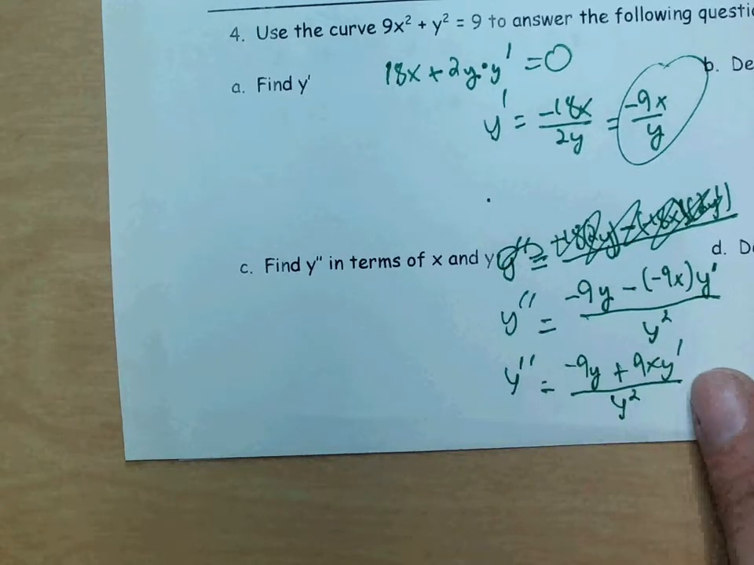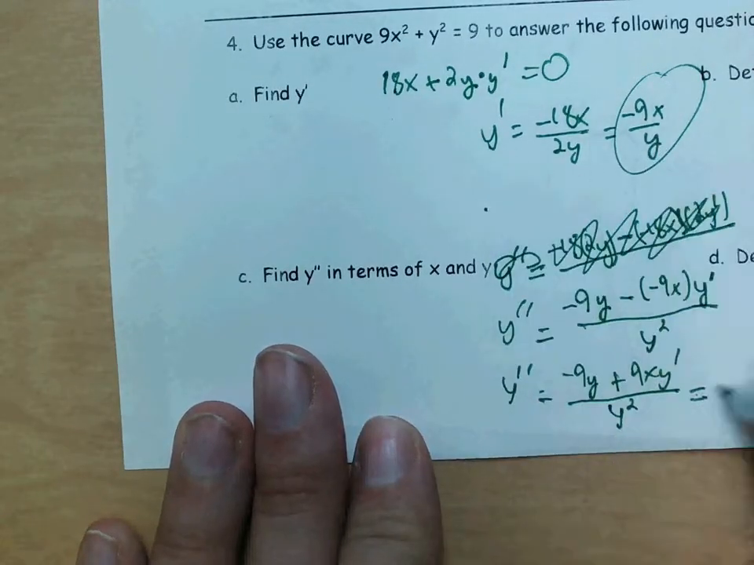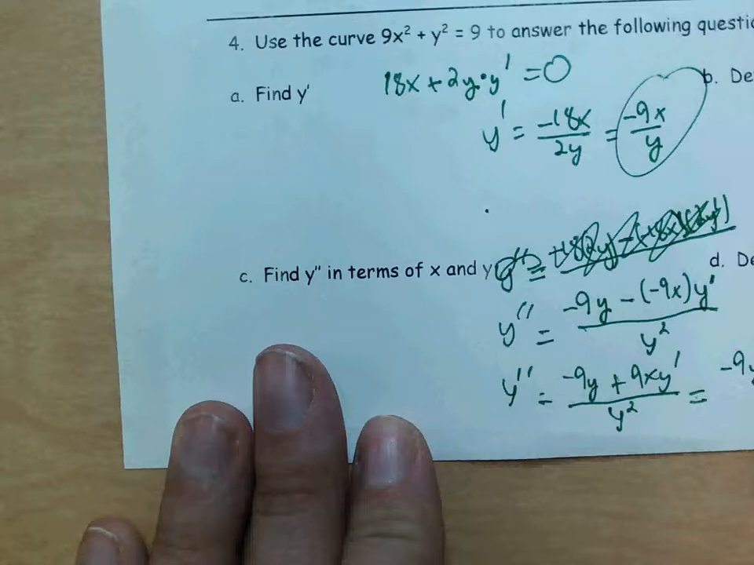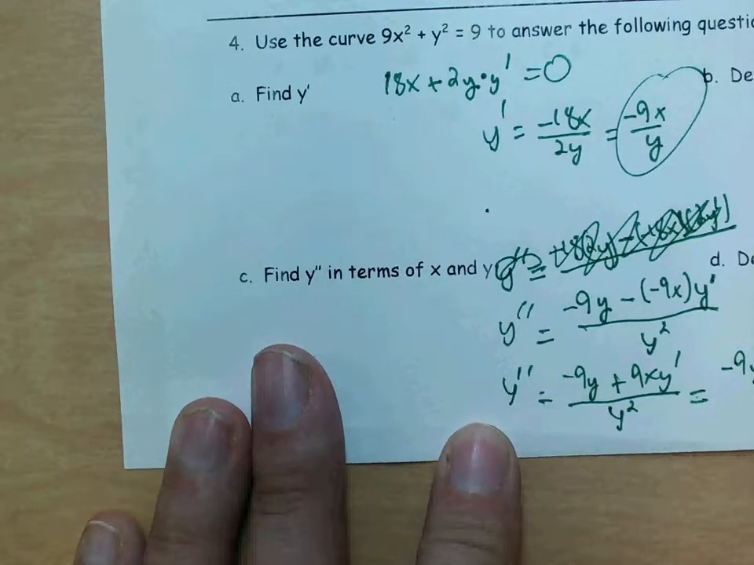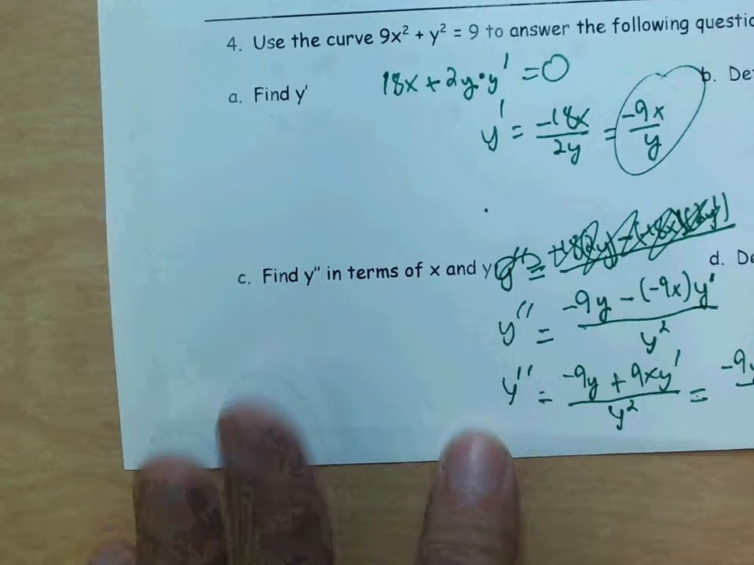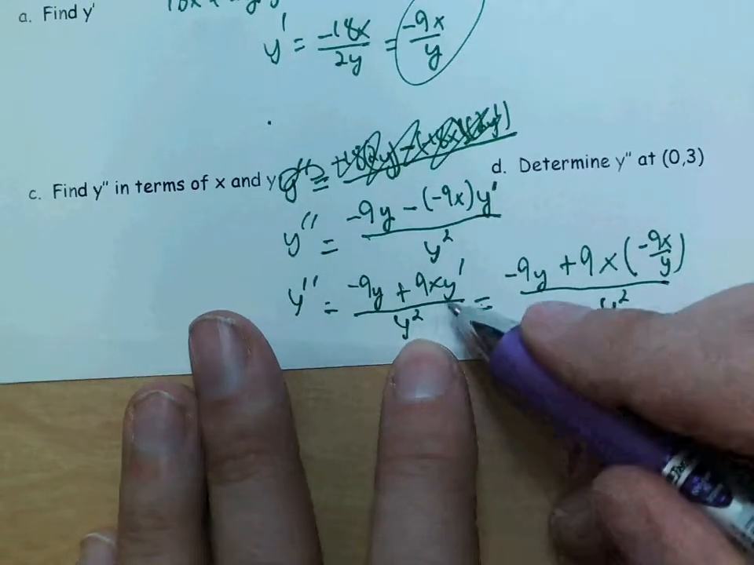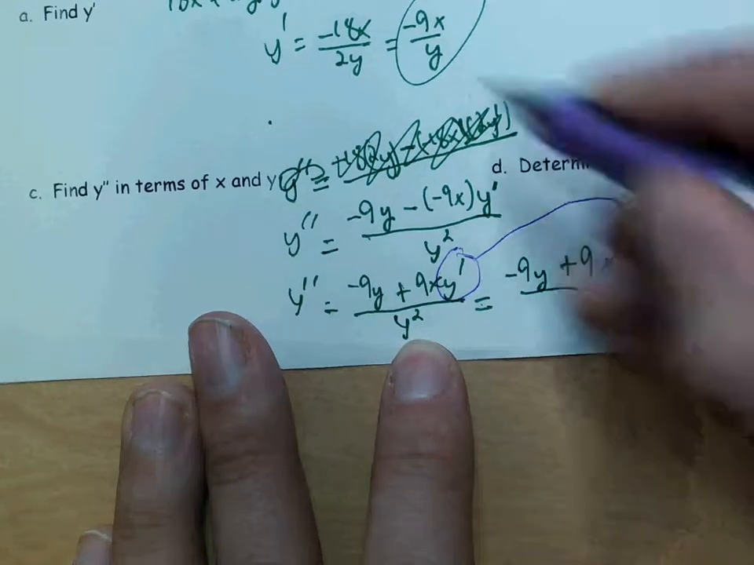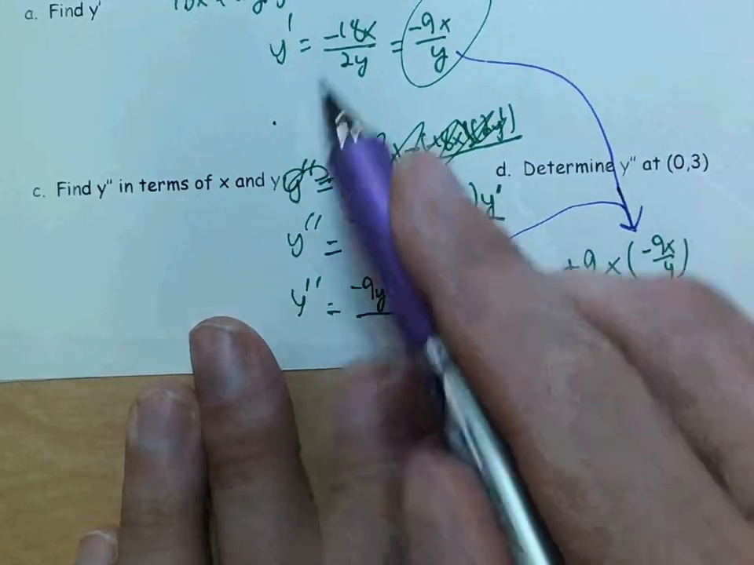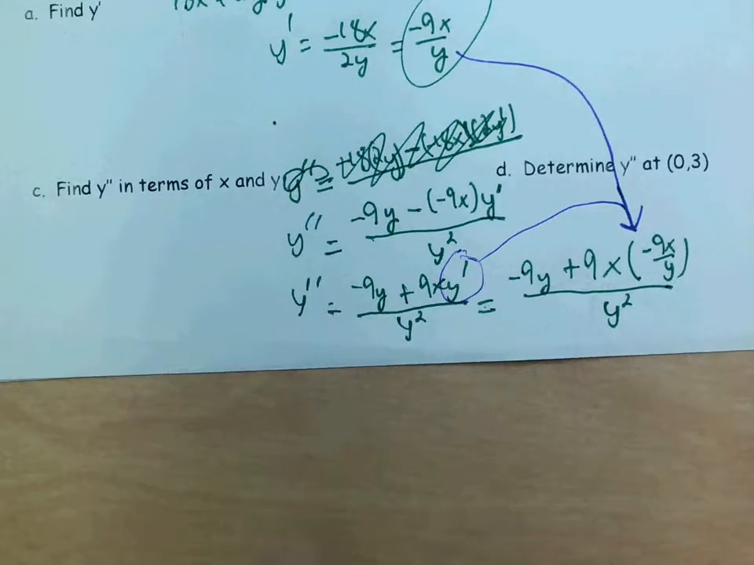That means I can't leave this y prime here. So I now need to substitute in what y prime is equal to, to get it in terms of x and y. 9x times negative 9x over y, all over y squared. Notice all I'm doing here is I took the y prime and replaced it with what y prime is equal to. Here we had y prime equal to negative 9x over y, so we put it in,